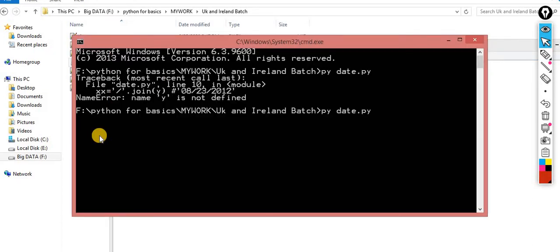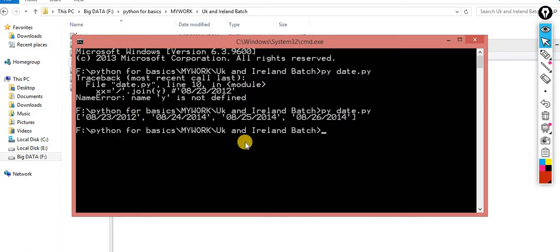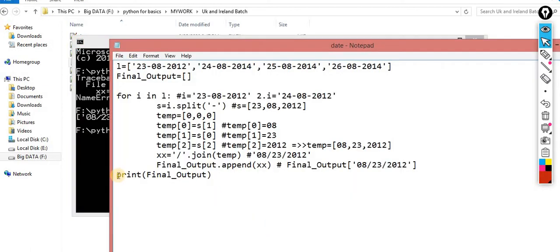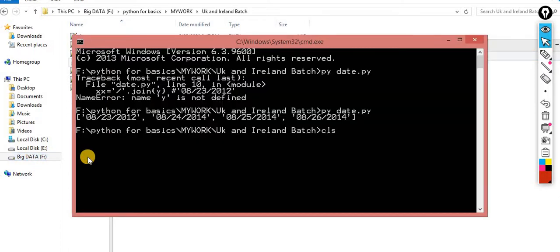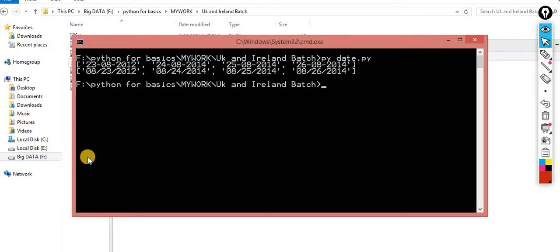So let me run. Okay, now you can check it out. Let me print the original data. Print this L, that is the original data, and the data after modification. Now you can check, the data has been formatted according to my requirement. Now I am getting data into this format, and this is my final format. I received it. Now it can be processed by my application. Now my application can easily take this data and process it.